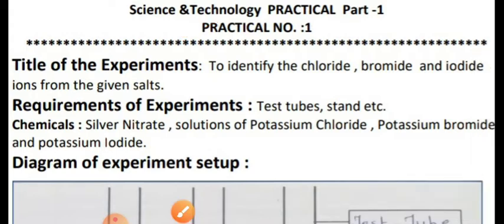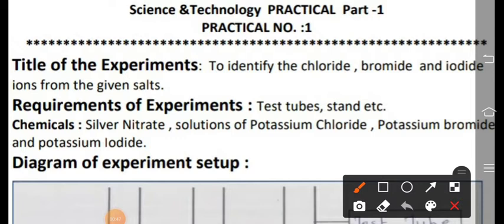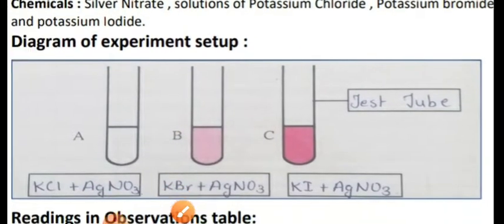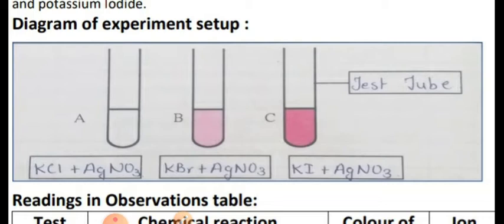So the title of this experiment is to identify the chloride, bromide and iodide from the given salts. Requirements are test tube, stand, etc. And in this experiment we are going to take the chemicals like silver nitrate, solutions of potassium chloride, potassium bromide and potassium iodide. We have a diagram for the setup, and in this diagram you can observe